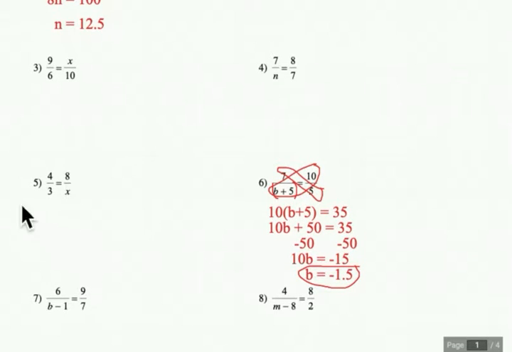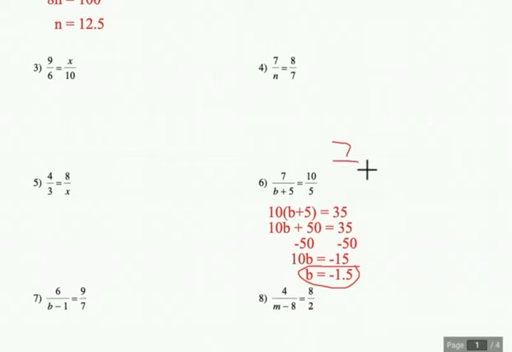So before I plug it back in, I'm just going to erase some of these markings that I put on here so that we can see what the original equation was. So let's replace the b with negative 1.5. That will give me 7 over